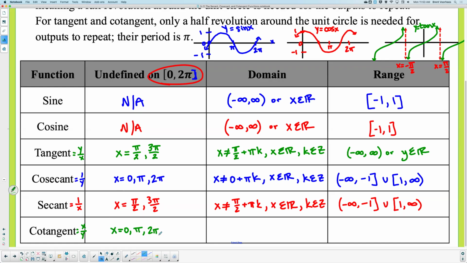If you're like, wait, where did you get that? I got it from right here. Because cosecant and cotangent share the same y value. See that? So they'd have the same break at the same location, which means their domain would be exactly the same as well. X would not equal 0 plus pi k. Once again, x could be any other real number, and k is any integer. So I just copied that from